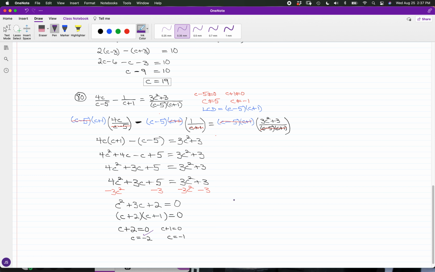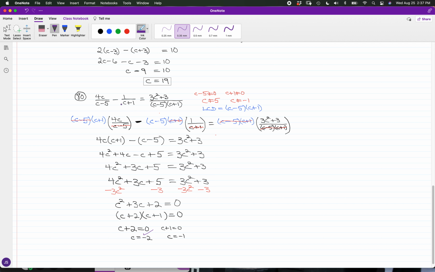However, in the case of -1, -1 does not equal 5, but -1 is restricted, for if I put -1 back into c, you have a 0 denominator, like 1 over -1 plus 1 is 1 over 0, or the subtraction of 1 over 0, and this last fraction would also have a 0 denominator. And so thanks to this value being restricted,